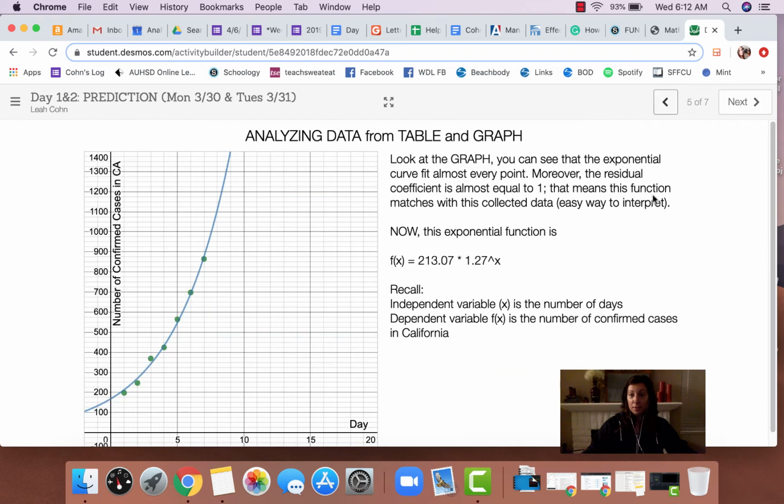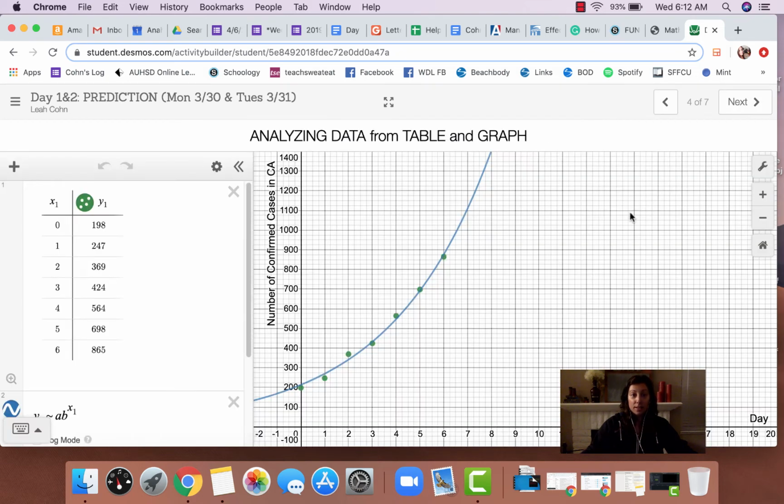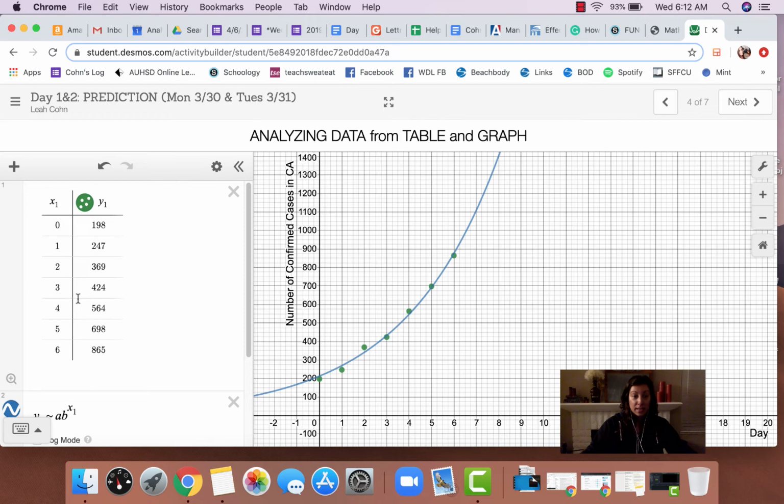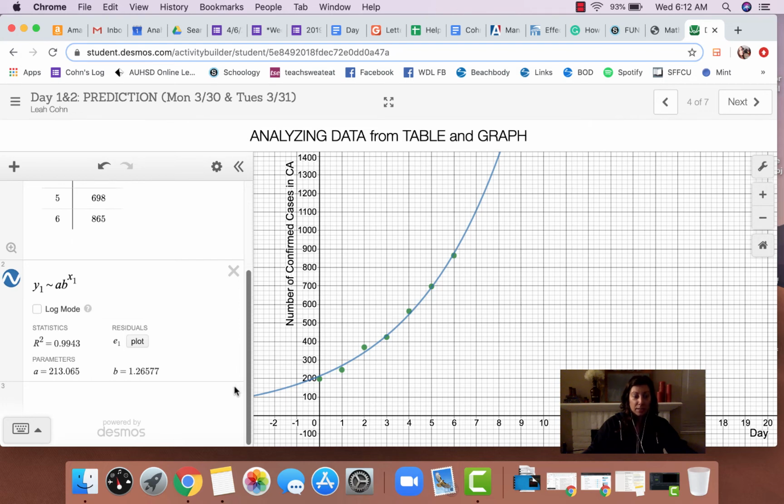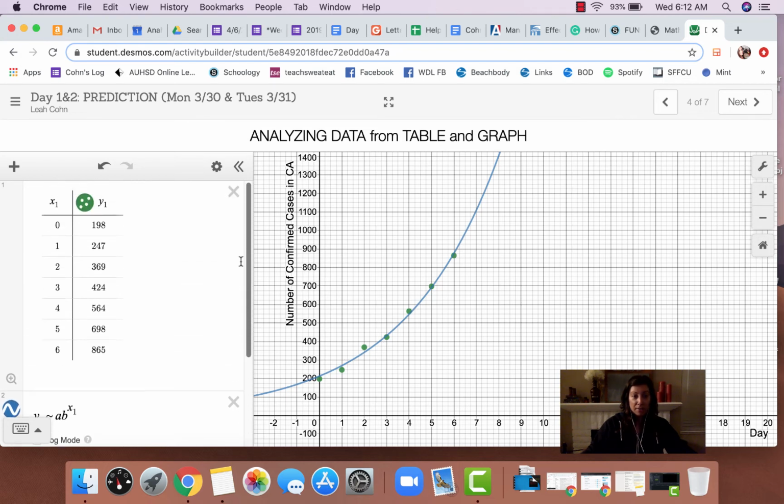Oops, too far. Here we go. Okay, here's the next one. Now it shows that data plotted on this graph a little bit bigger. We don't need to do anything extra. We just see that Desmos will do this for us. It will graph the data for us and give us a nice clean table to work with. And now that you see this with the line through it, you should definitely know which kind that was, no matter how you answered the last question.